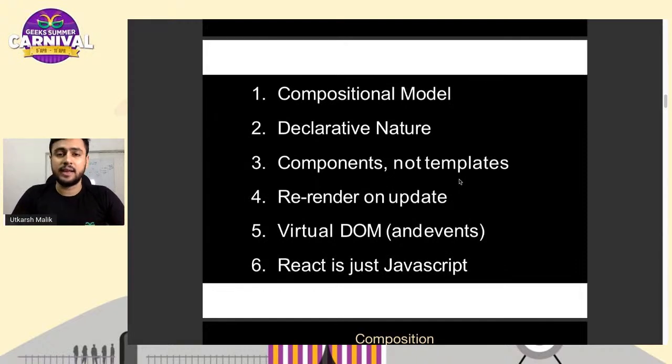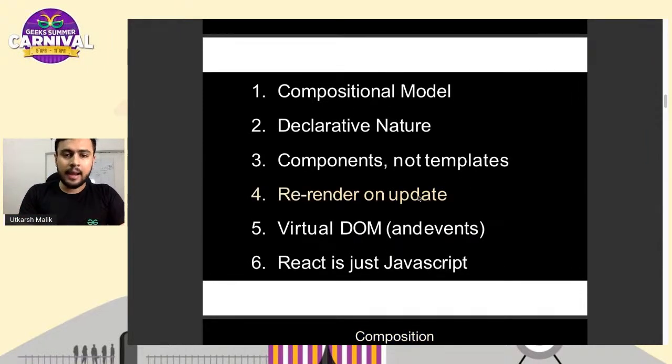React is declarative in nature, unlike jQuery and others, which are imperative, in which we directly go to the browser DOM and we update that. Instead, in React, we only say to React, please do this for me. React will do that change in the DOM for you in a very, very efficient way. Everything in React is just a component, every little button or any single thing on a web page that you see. The last point was React is just JavaScript, and the most important point is that React re-renders